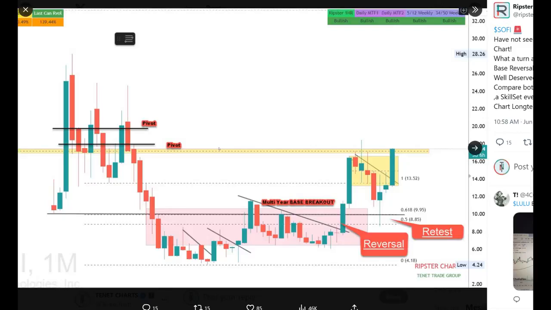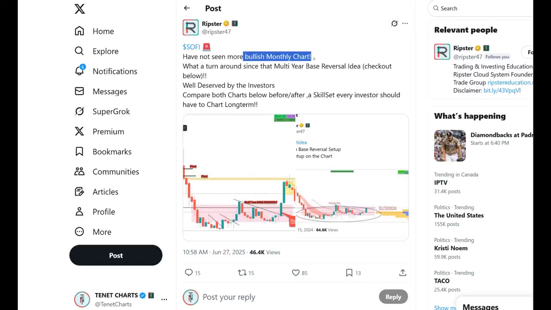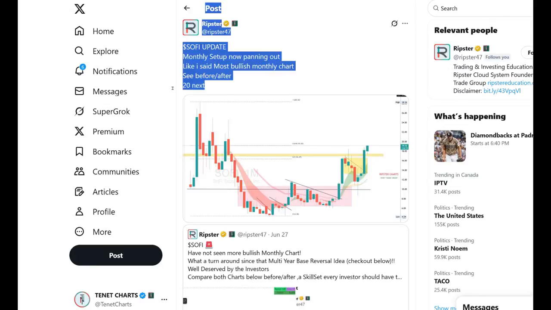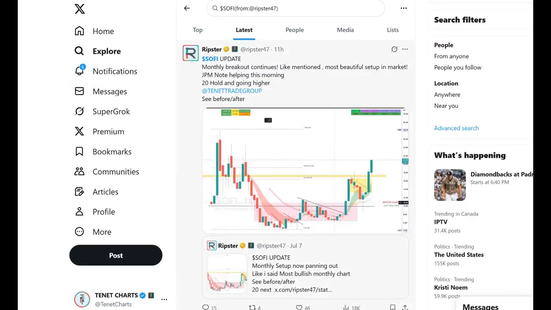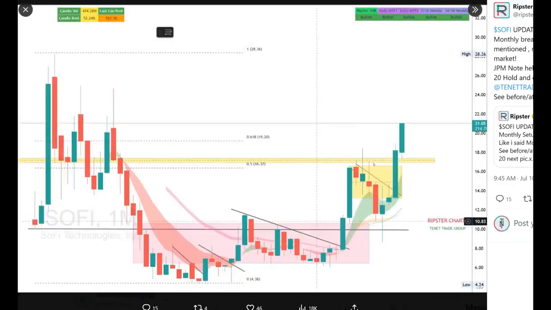But anyways, last month I gave, so we already got that multi-year base breakout to the pivot, pulls back, setting up for another breakout. We were trading at 17 bucks at that time. So I said, most bullish monthly chart. I have not seen a more bullish monthly chart, so it's going to pay. So what happens next? We break out. I gave the target of 20 on the swing trades. We break out further. We hold 20, we see higher. So you see we hit 21. So you see how the breakout was right here and we push. You could make a decent amount of money on your options or your shares trading this breakout setup, right?